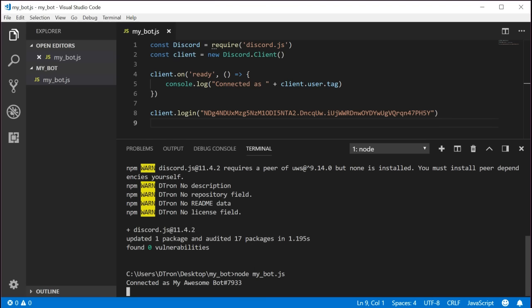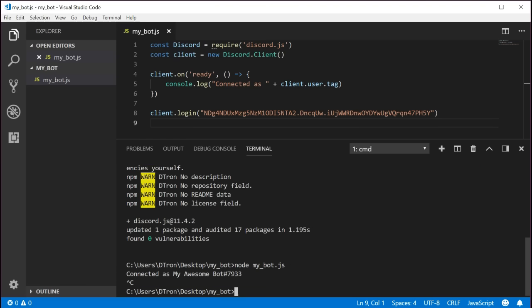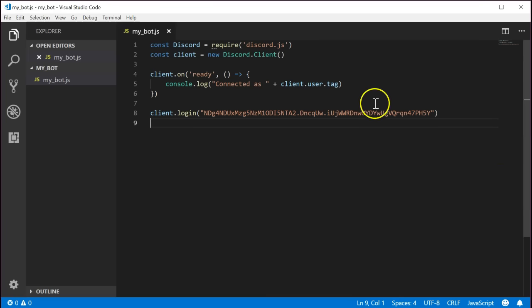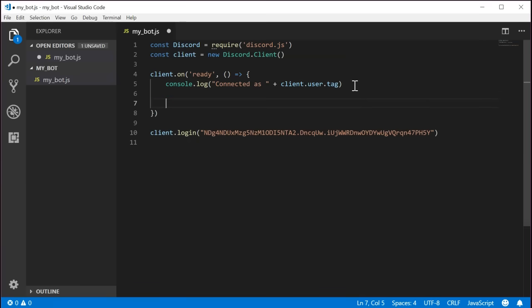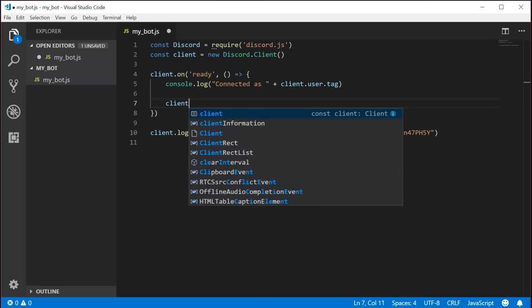To terminate the program, press Ctrl-C. This will end the program and return you to the command prompt. After you terminate the program, your bot will appear online for a few minutes before it goes back offline. That's normal. Let's modify the code so after the bot connects, we have it update its status to say that it's playing a game. Near the bottom of the onReady event, write